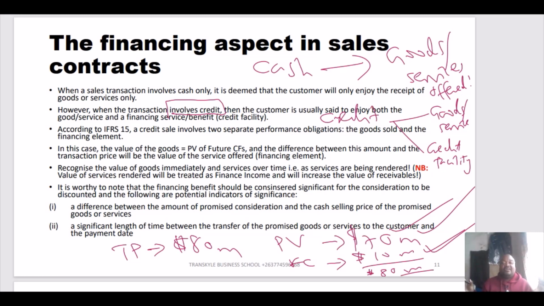The remaining part is the financing component, the financing element. You have financed the customer, so he has to pay you. He has to pay you as interest income. But this interest is going to be received over 2 years. So you can see as well that the